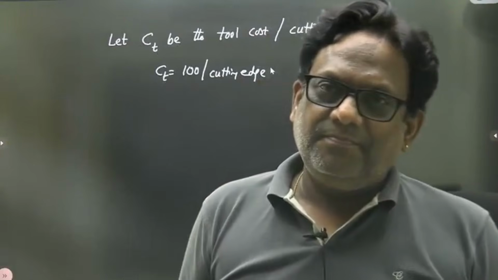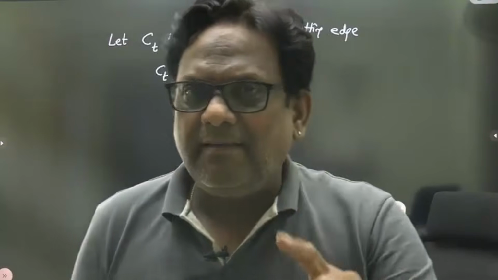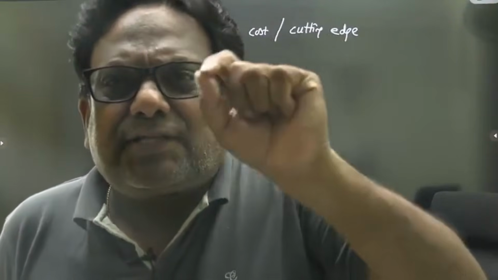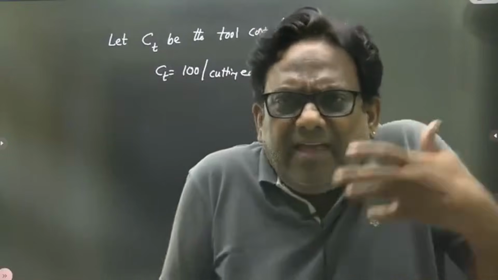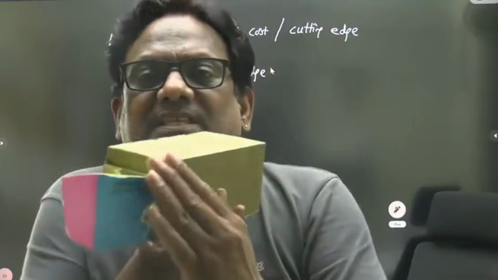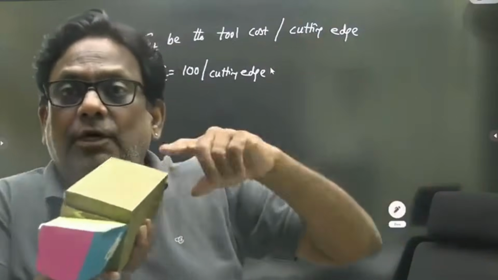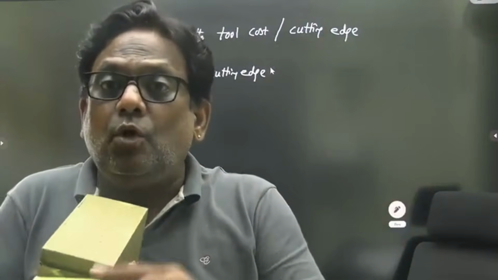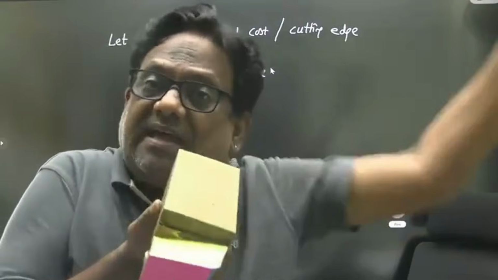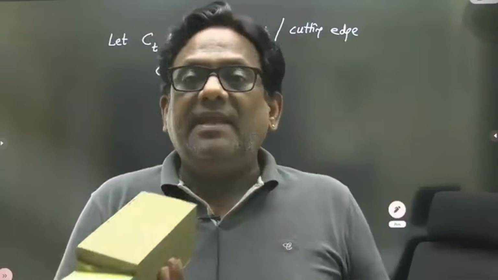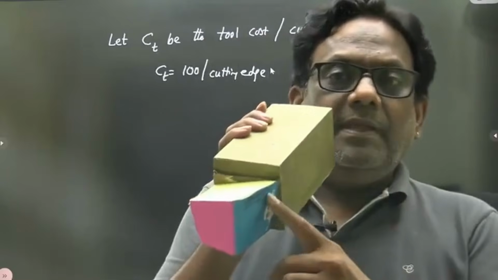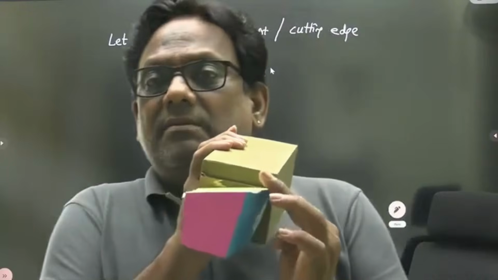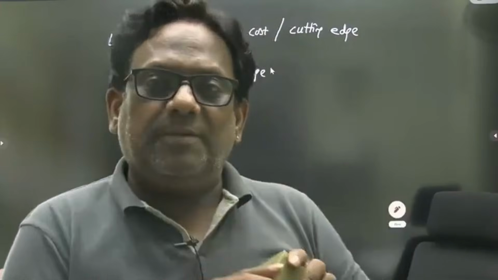Now I have a question. Listen carefully. Everything is calculated per piece. Let us say it is the fresh cutting edge. I have not manufactured a single component with this cutting edge. The worker, I mean the operator is different, sir, please. The person grinding the cutting tool and manufacturing the tool is different, and the operator who is running the machine is different. Let us say the amount involved in grinding this for one cutting edge is 100 rupees.